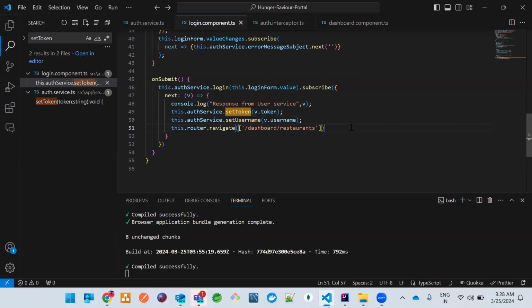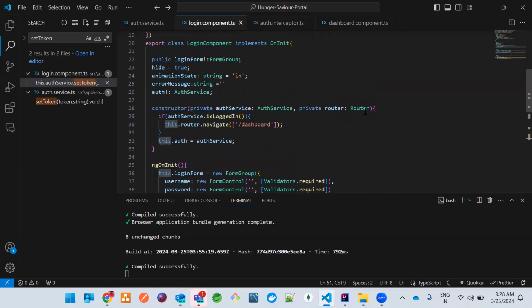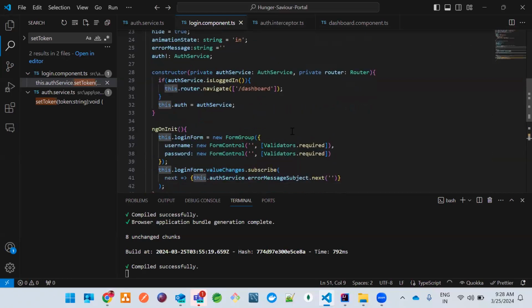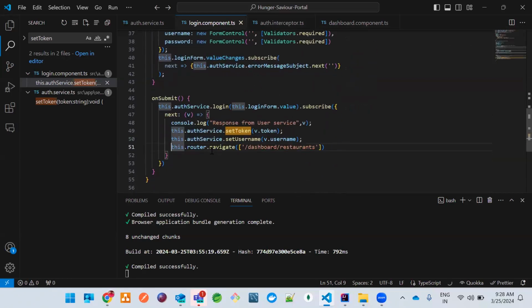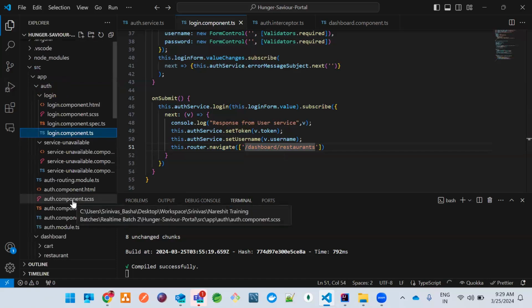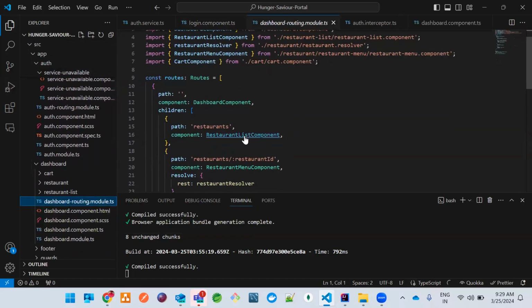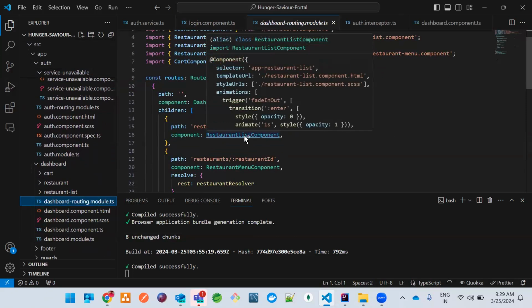Okay. So now if the user is successfully logged in, then we are going to use this router. This router is injected over here. This is the router from Angular, and we inject that into the constructor, and then we navigate the user to the restaurants. Again, there is a navigation to the restaurants page. And if you see the restaurants URL right over here in the dashboard,